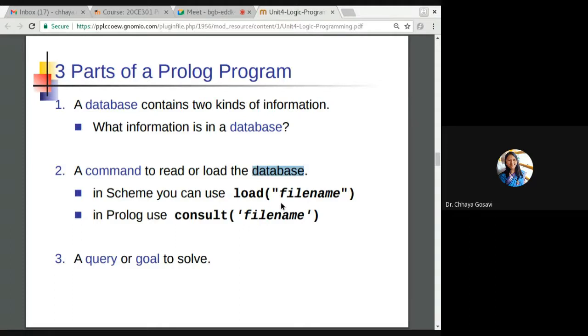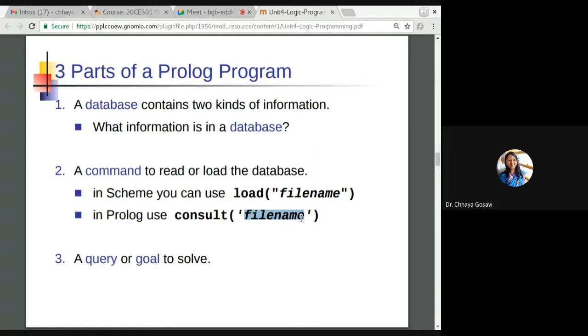And to run this code, for example, to run a Python program from a terminal, you use python space file name .py. To run a Java program, you write javac file name .java. To run a C program, you write cc compiler and file name .c. To run a Prolog file, instead of load file name as in Scheme, in Prolog you have to use consult. Consult is a keyword to load that program. Consult and file name, when you want to load it from any other editor.